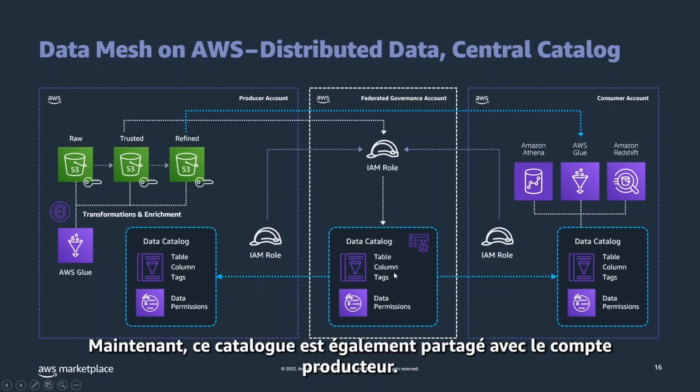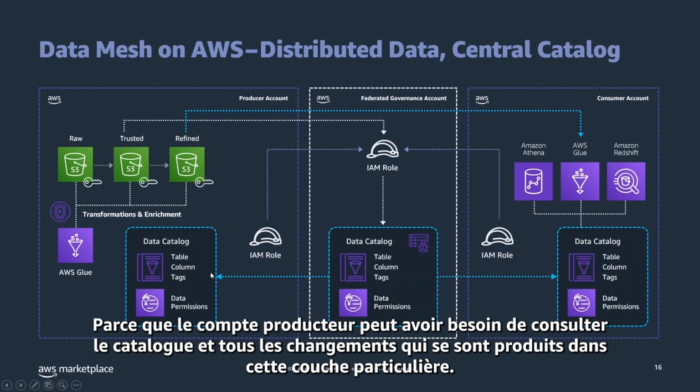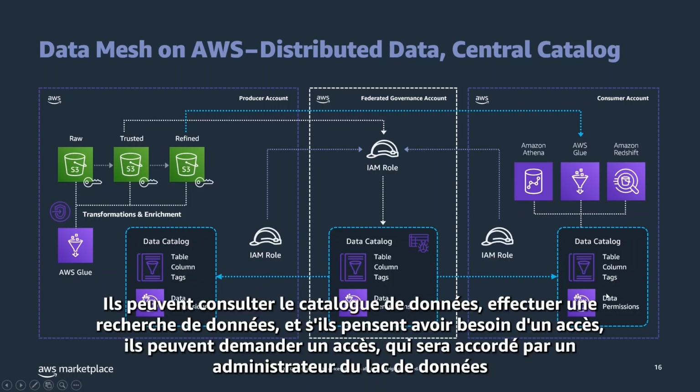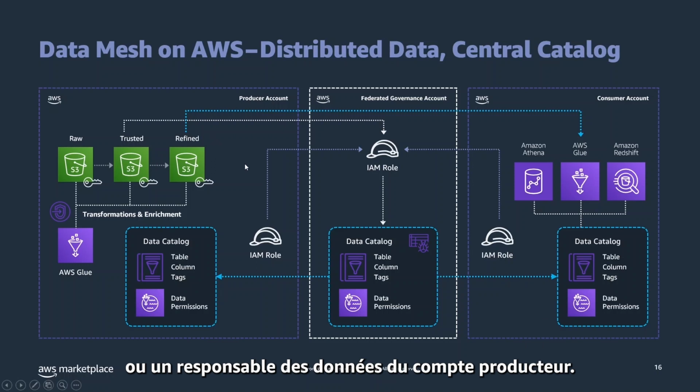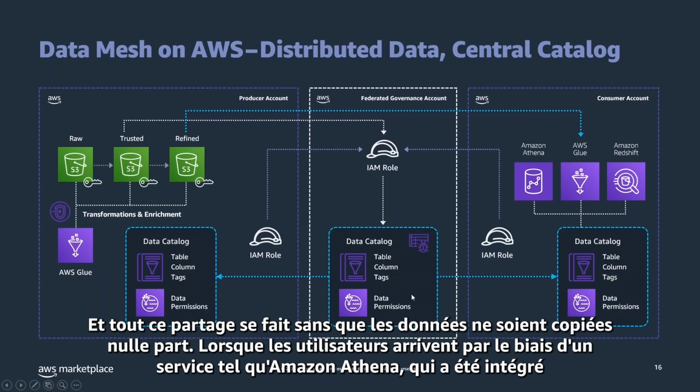Now, this catalog is also shared with the producer account because the producer account might need to look into the catalog and all the changes that happened in this particular layer. When a consumer needs access to the data product, this catalog is also shared with the consumer domains. They can look into the data catalog, do some data discovery, and if they think they need access, they can request it, which a data lake administrator or a data steward from the producer account can then grant. Once the consumers get access, they can use different services to query the data residing on the catalog. And all of this sharing happens without